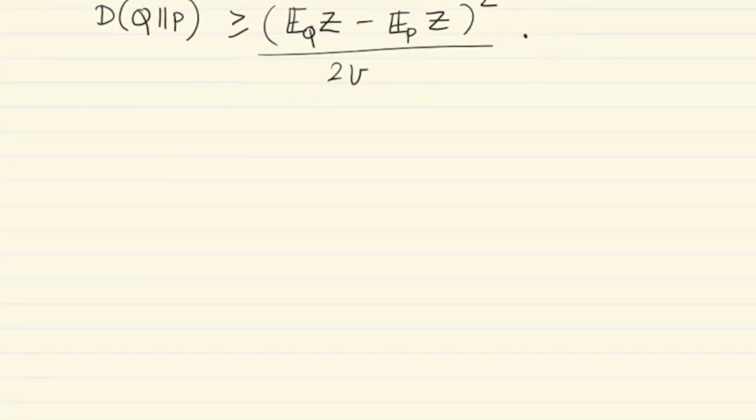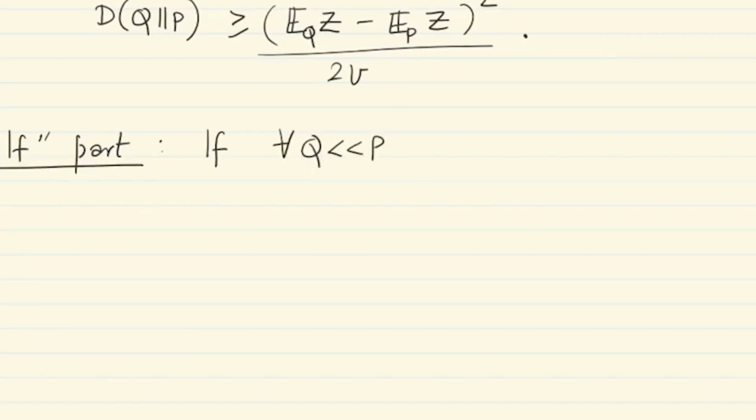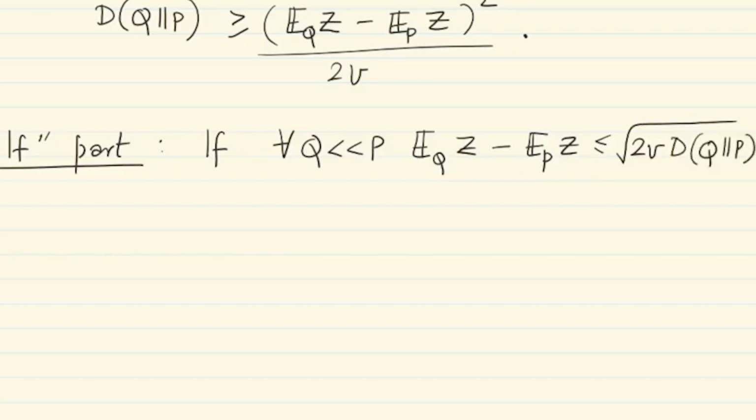Now, for the other side, for the if part or the sufficiency part of the lemma. So, if for all absolutely continuous q, the hypothesis is that the expected value of z under q minus E_p z is at most square root 2v D(q||p), then